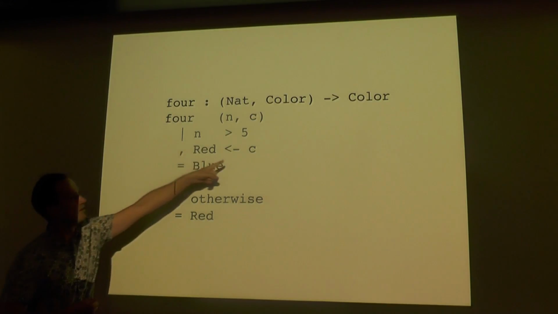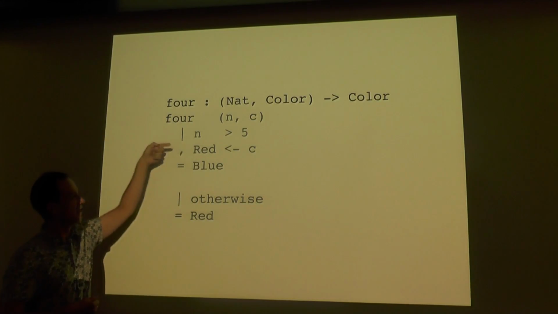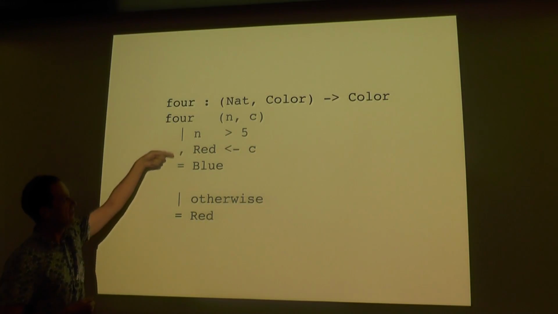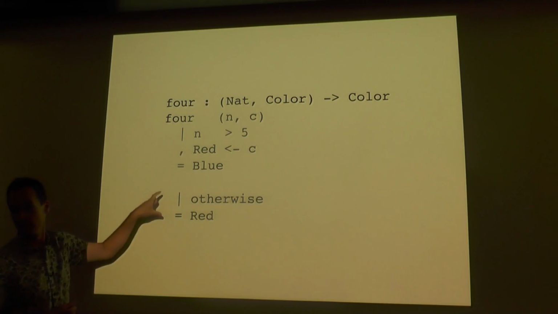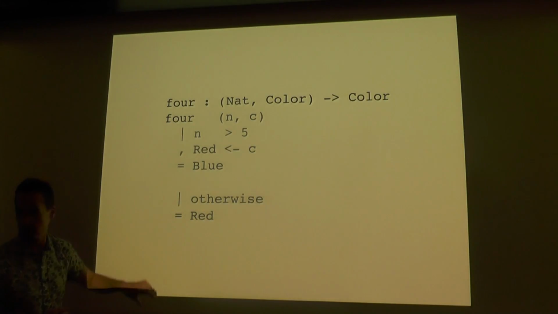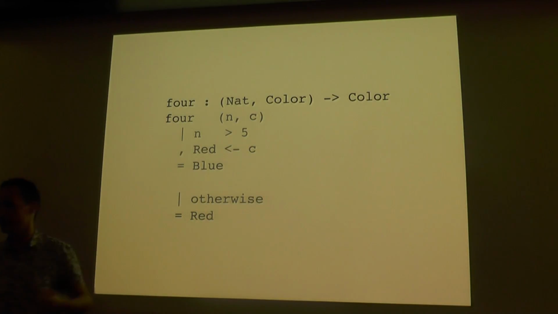If it is, we match the color against red, and if that matches, we go to this result blue. But if any of these guards fail, then we go to the next block. And if we have more blocks of alternatives, if any of these guards fail, we go to the next block, and so on. So this is a richer notion of control flow than case expressions, which is a useful feature